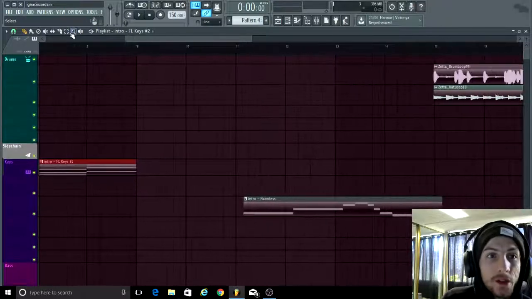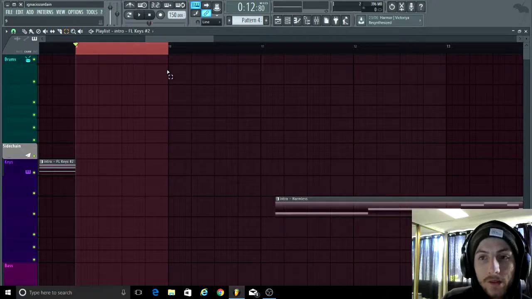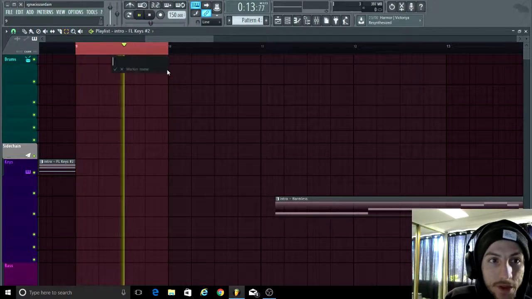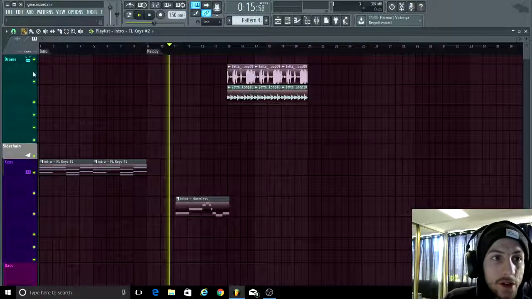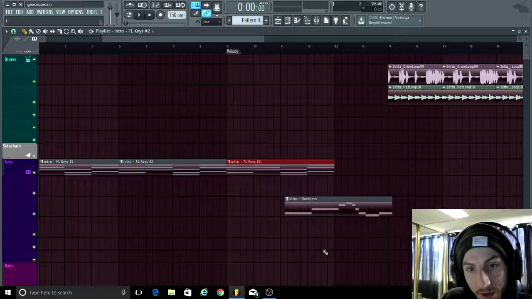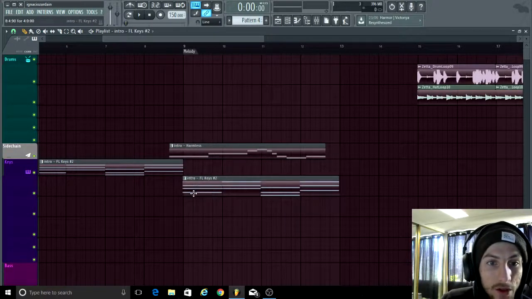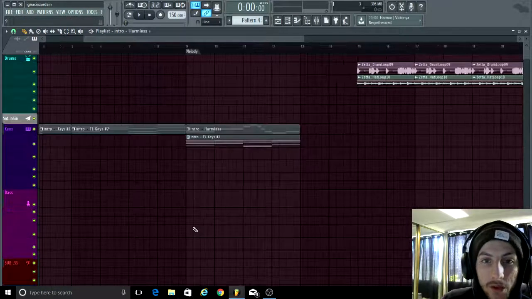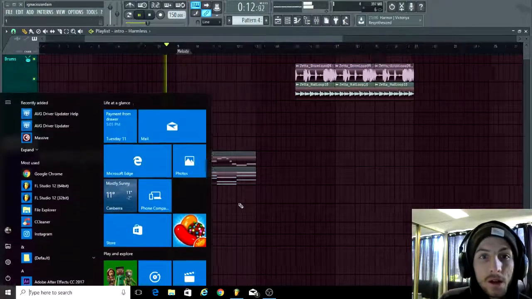Then what I typically like to do is, you can call these whatever you want: verse, melodies, breakdowns. So once again, Alt T, I typically like to call this the melody, because then I'll have the same progression, but I'll bring in a lead or a pluck. So let's just say, and this is not mixed, this is not a mixing tutorial, it's a song structure tutorial. So 8 bars intro, then we've got melody,